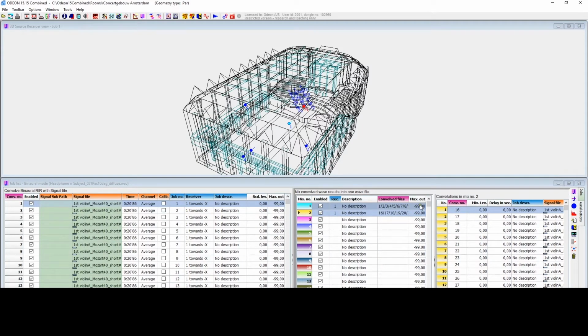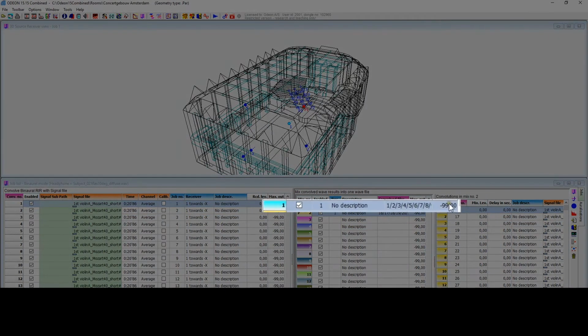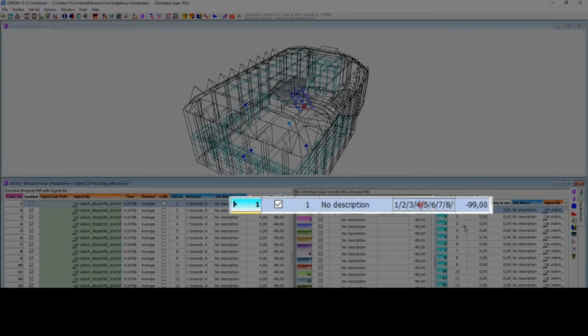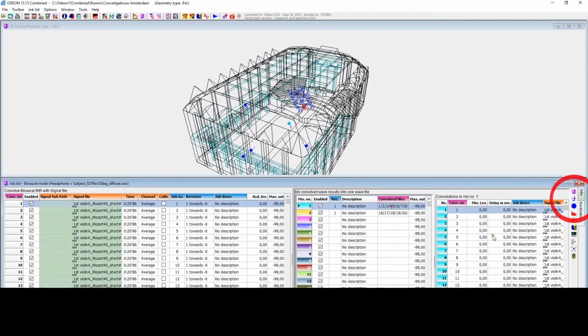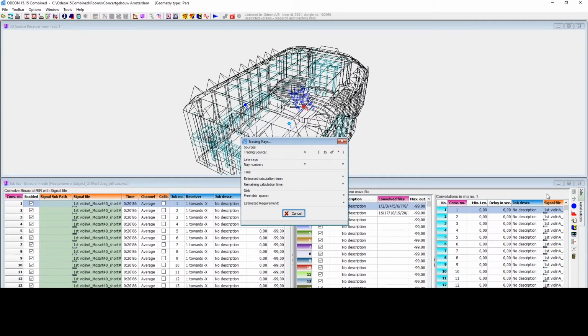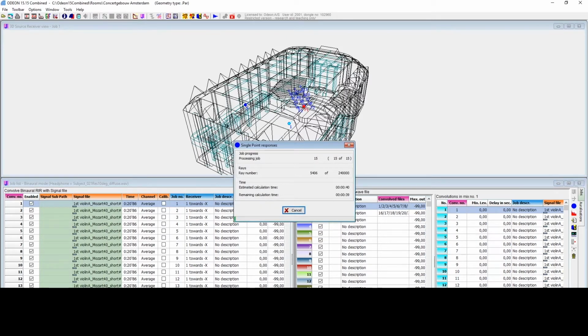So we're finished. Then I want to do the calculation, and we do that like this. So this is ray tracing, and it's nice that Odeon does multi-threading with multi-cores on the CPU, so things run heavily in parallel.